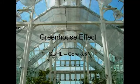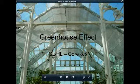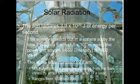In today's episode of One World, Your World, we're going to talk about the greenhouse effect. This is topic 8.5, and we're going to start by looking at just how much energy do we get from the sun. The sun radiates approximately 4 times 10 to the 26 joules of energy per second, but keep in